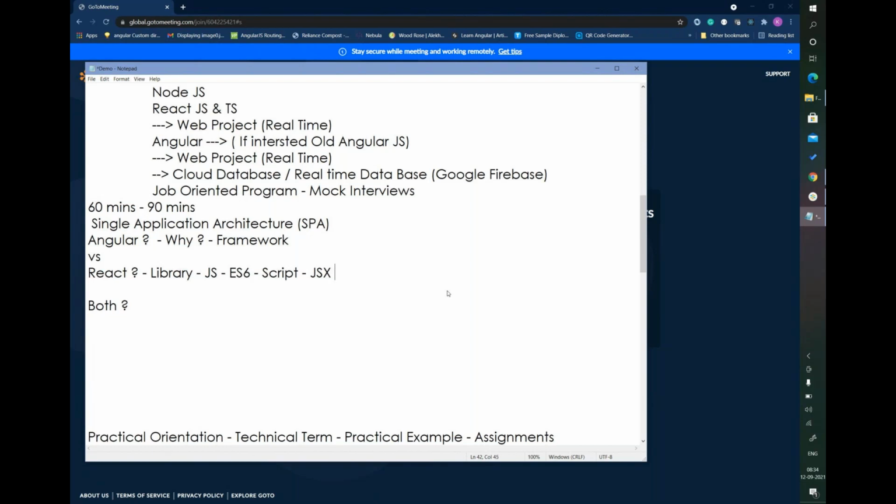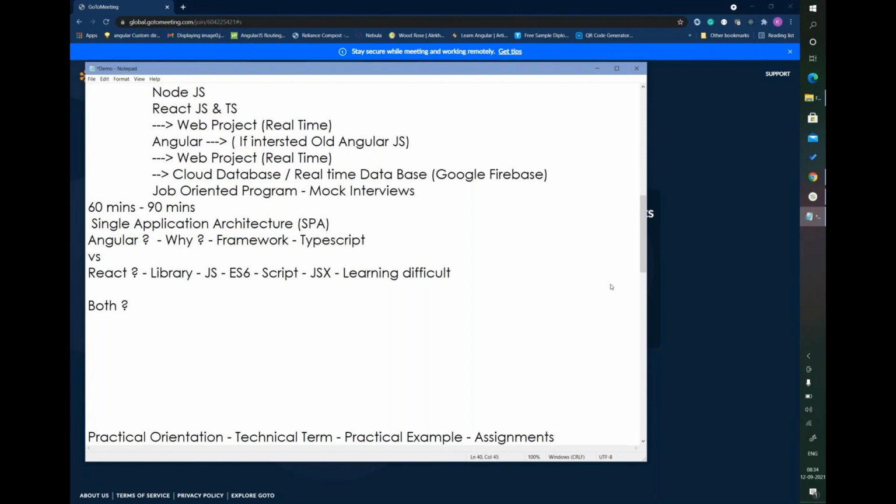And the learning curve is a little hard, or I can say difficult, compared with Angular. Angular is a complete package and is completely based on TypeScript.